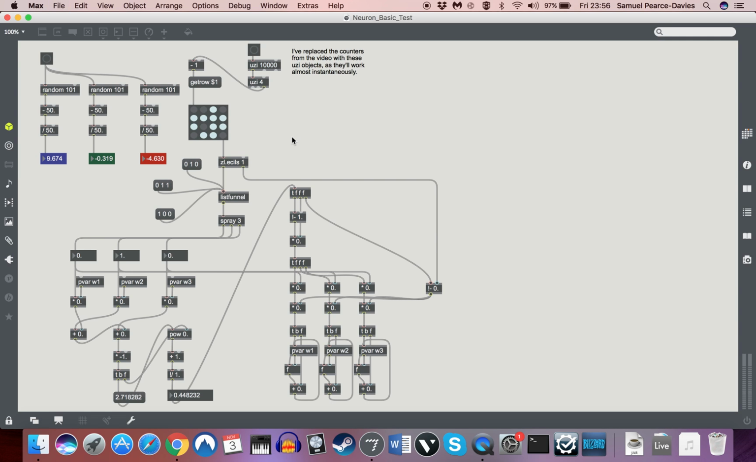Okay, so what we're going to do today is take all of this and basically rebuild it, but abstract it so that we can build an object of a neuron just by itself, with inlets and outlets and all that lovely stuff. So if we make a new patch,